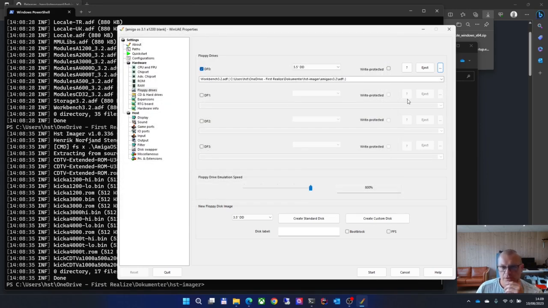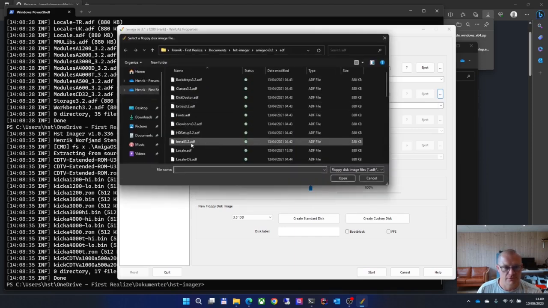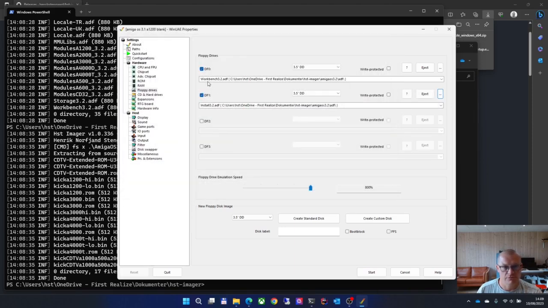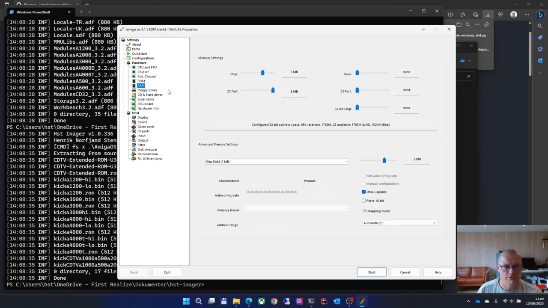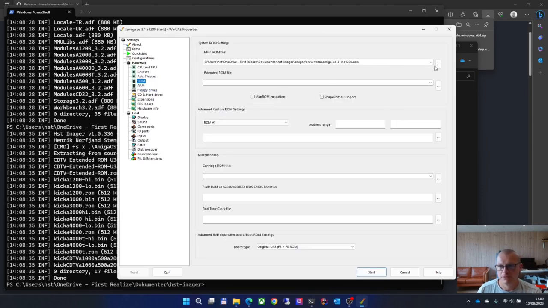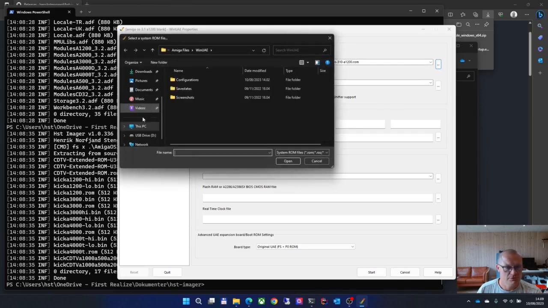since some of the libraries that previously were in the Kickstart ROM, some of those are located as files now, so I actually need to insert the install disk as well. So I need the Workbench and the install, so I have those two added. Then we need to change the Kickstart ROM, so we will change this to